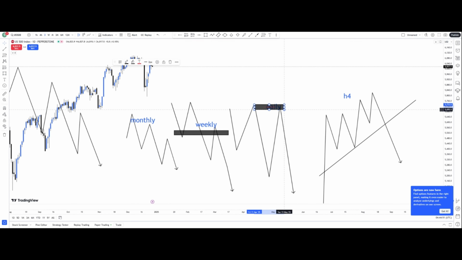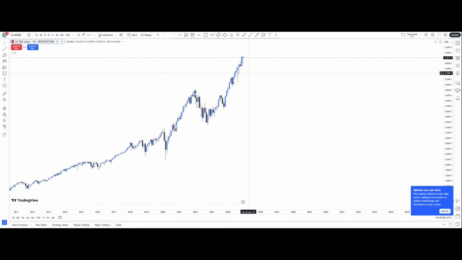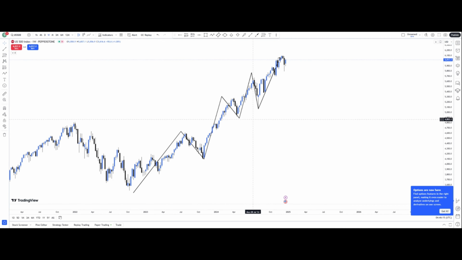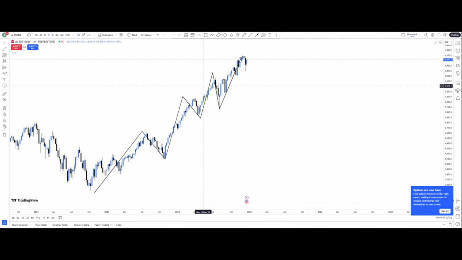So let's go to different examples. We have here US 500 on the monthly time frame. The market is going in one direction, upward. We can see that it's creating higher highs and higher lows, meaning that the market is going upward. On the weekly time frame, we can also see that the market is going up. So we can see the structure creating higher highs and higher lows. You can see this is a higher high. At this point in time, the market created a new higher high. So on the weekly time frame, you can see the market is creating higher highs.